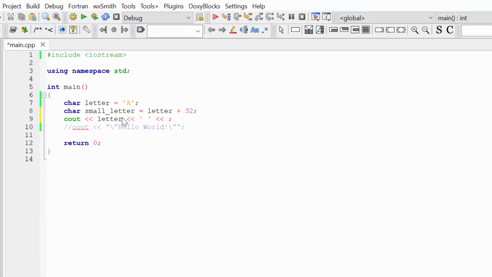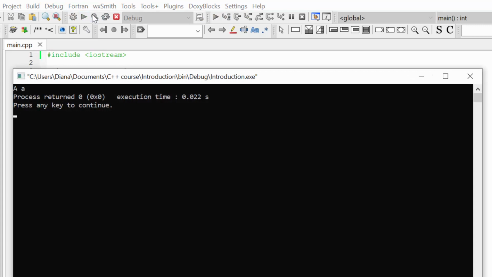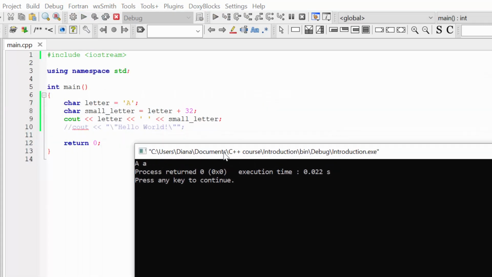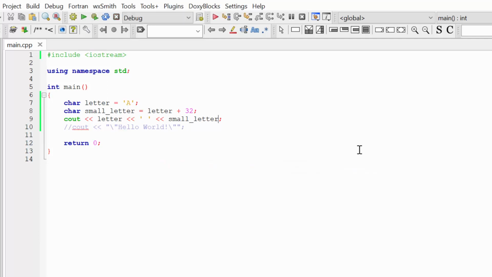Now let's type to our console letter and small letter and check the result. And you can see that we have A, and our letter A, 65 plus 32, is the number corresponding to the small letter a. So we can do any different mathematical operations on a char variable.